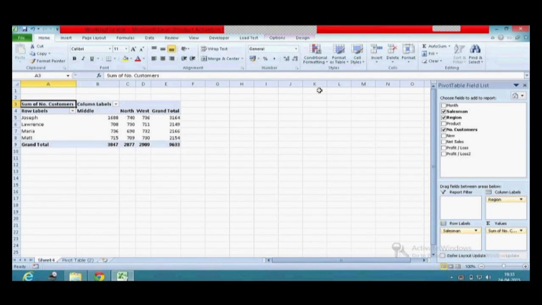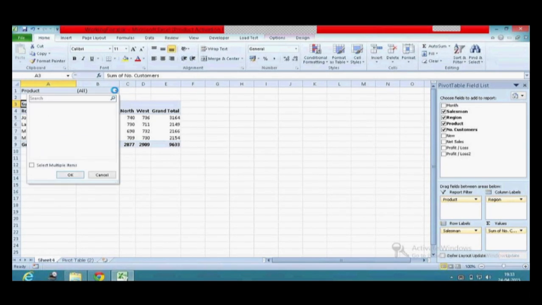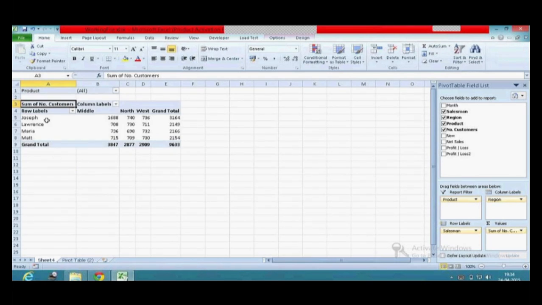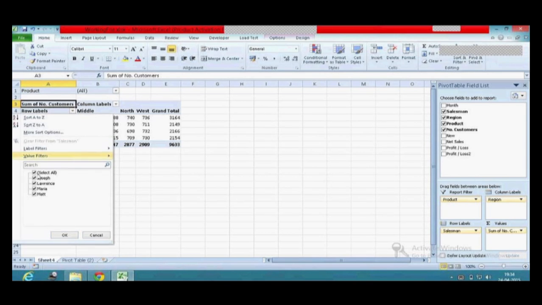Usually in 2003, it will not allow multiple choice here. But here you can make it happen. So now if you see in my pivot, you can also do the filters. So I'm going to choose only Maria and Joseph. I hit OK. And then on the region, I'm just going to say North and West. And then on the product, I'm going to select only Rapid Zoo and Super Glue. So you can see that I've got the result of filtered data.